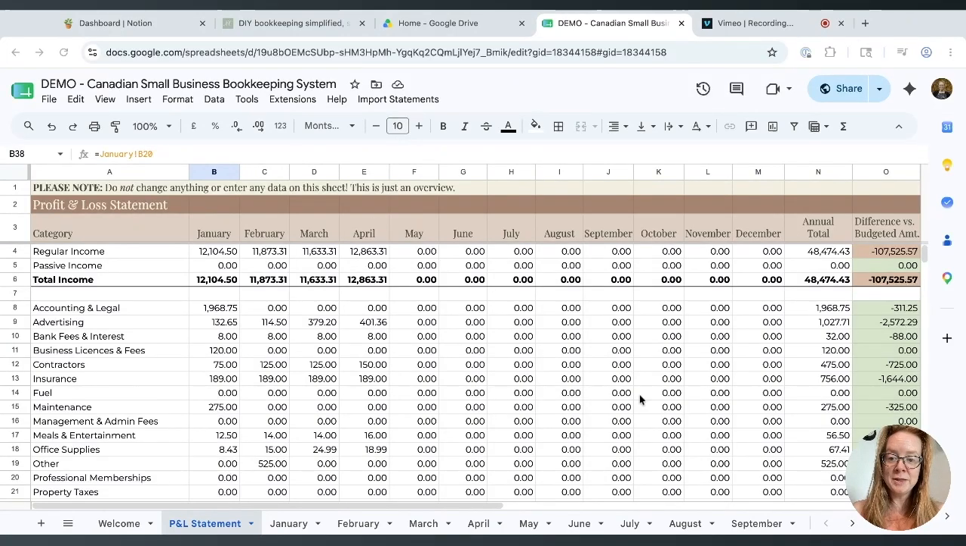I wanted to show everyone this part of the system first. This is your profit and loss statement or profit and loss sheet. If you've ever used bookkeeping software or a spreadsheet before, this probably looks pretty familiar to you. But there are some key differences that are unique to the Canadian small biz bookkeeping system. I wanted to point them out because I think there's a ton of value in them for you as a